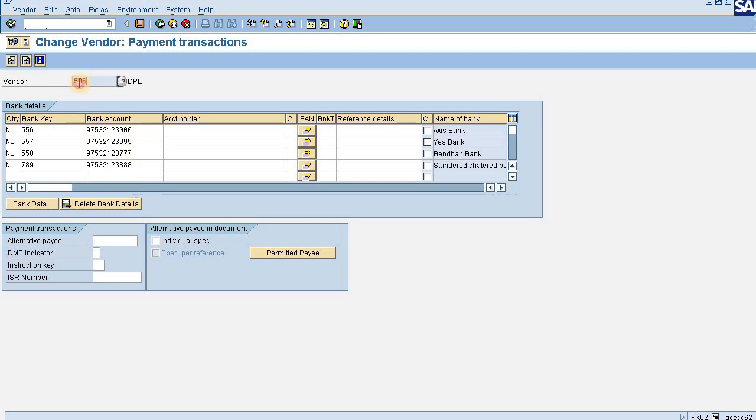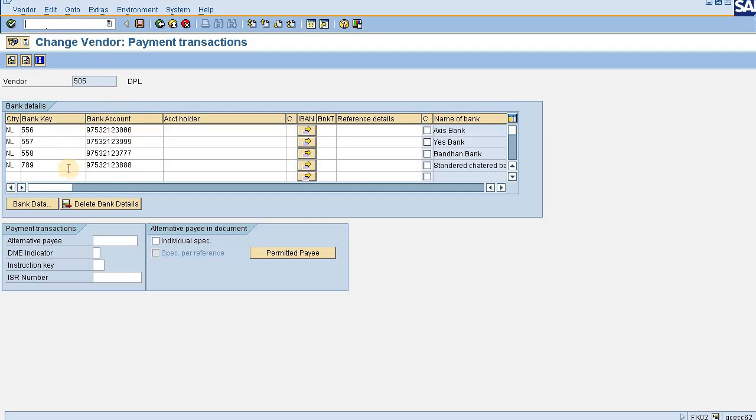Here my vendor 505 has 4 bank accounts associated with it, but the vendor is requesting us to pay the amount to its second bank, that is the Yes Bank. It has many banks associated with it, but how to map the same? If I want to deposit the payment to a single account, then what are the required actions to be taken?